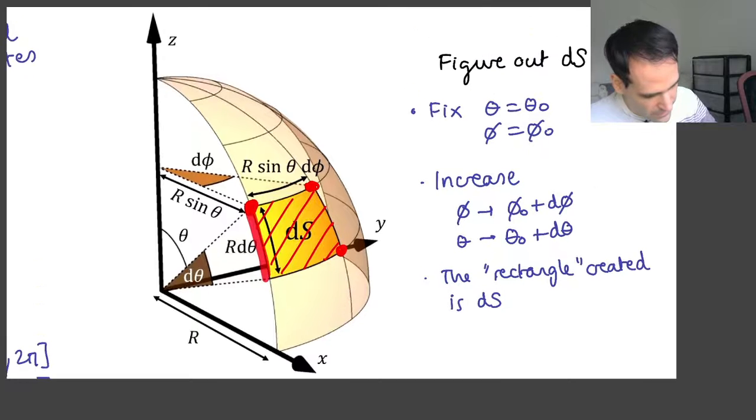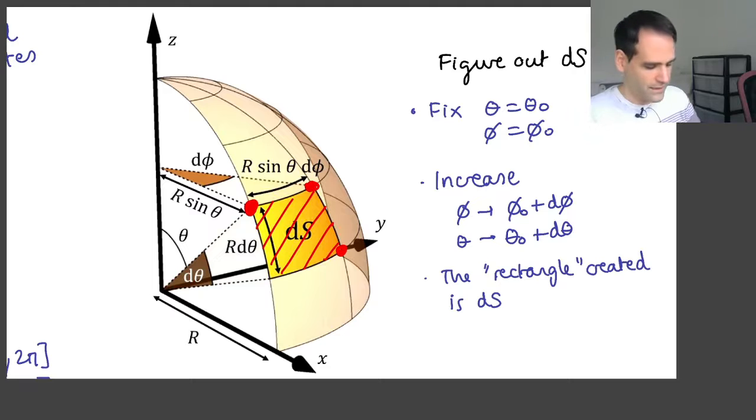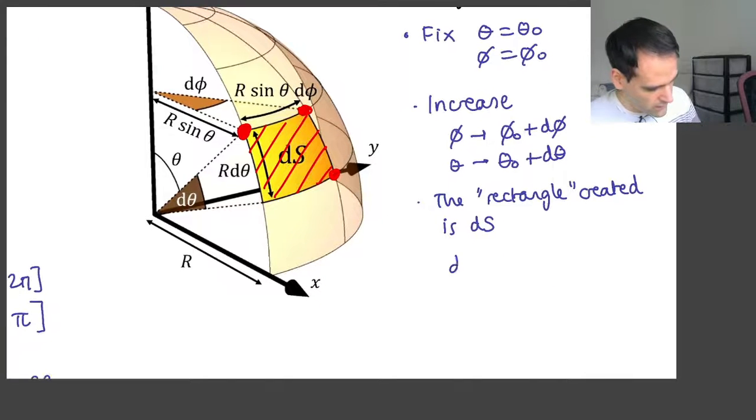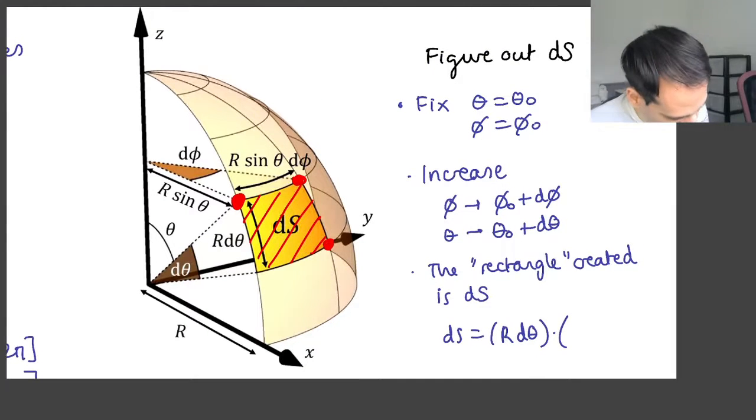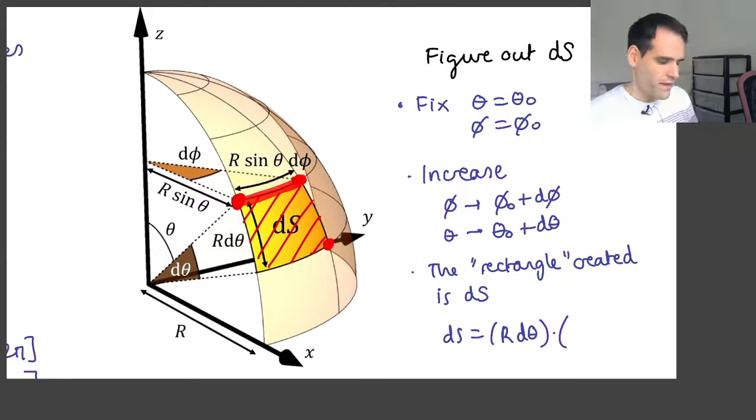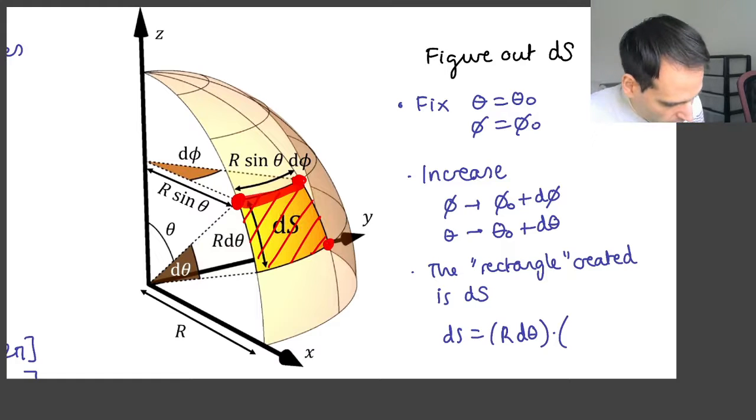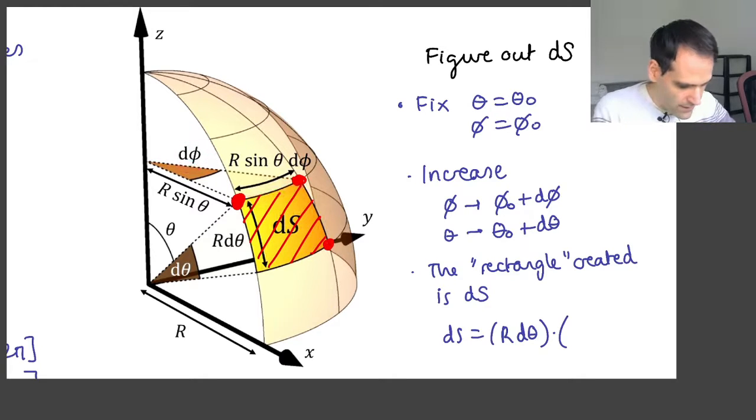Since this angle is d theta, and the distance from the origin to the surface is r, the arc length is just r times d theta. So that's the first arc length, and now we need to multiply by the second arc length, which is this arc length. Now this is not so easy, because the angle is d phi, but now the distance in which this angle is defined,